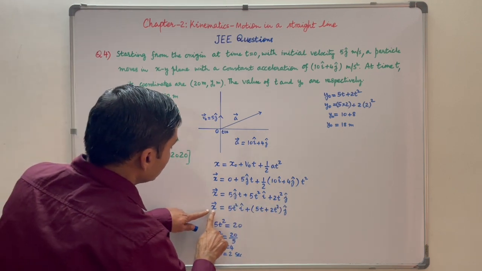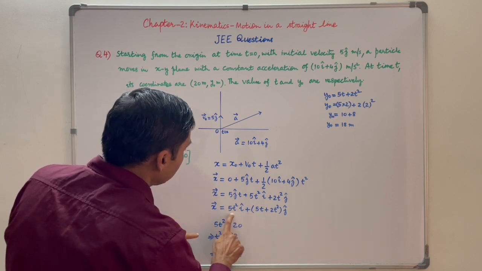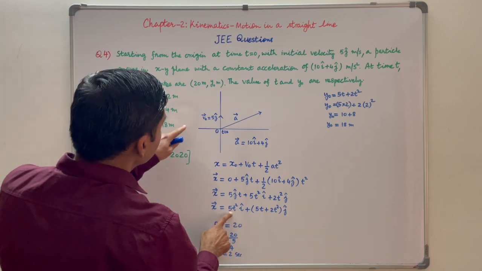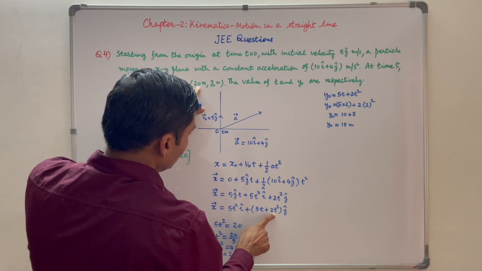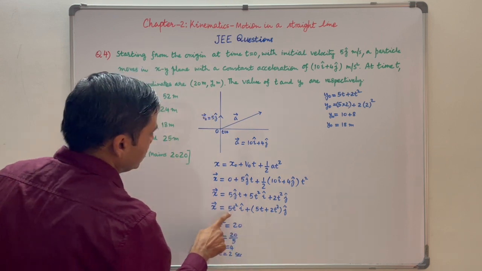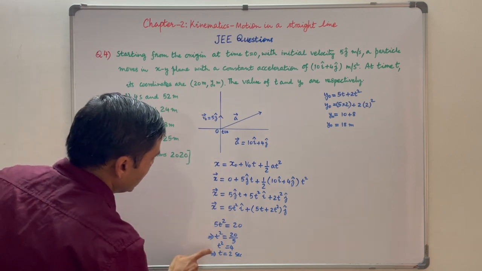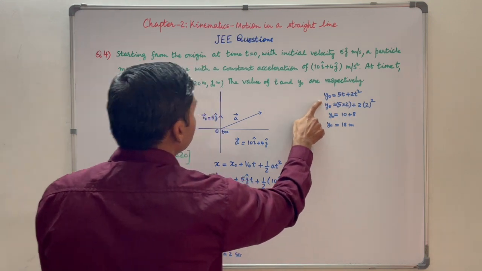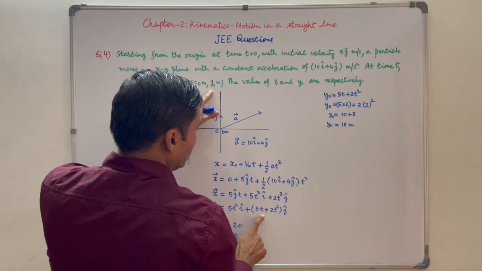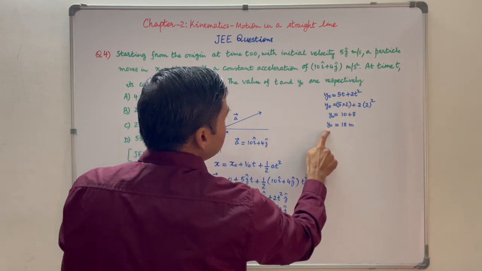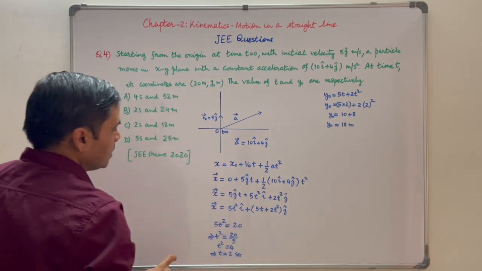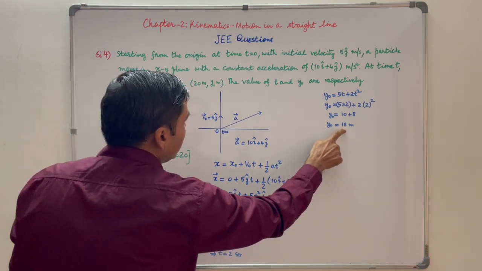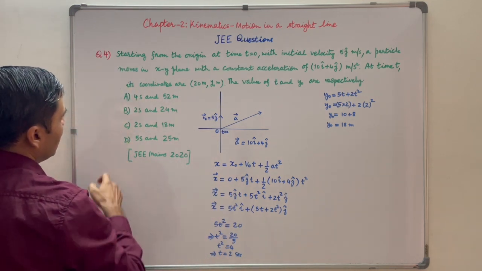Now, these show the coordinates of the particle, means x coordinate, y coordinate at any point of time t. So we can equate 5t square with 20 and 5t plus 2t square with y0. So when you equate 5t square with 20, you get t is equal to 2 seconds. Now put t is equal to 2 seconds when you equate y0 with 5t plus 2t square. So you get y0 is equal to 18 meter. They are asking for the value of t and y0. It will be 2 second and 18 meter. So the correct option will be option C.